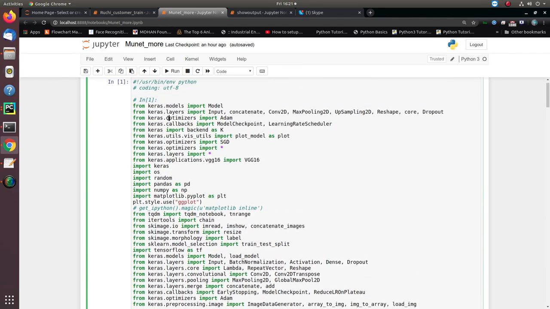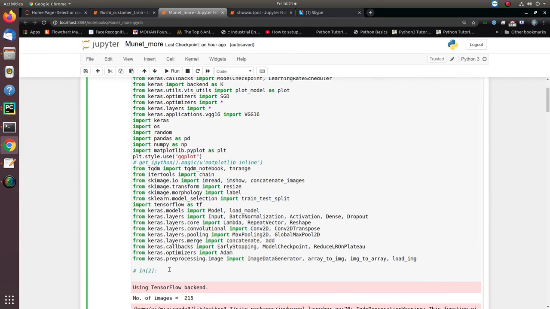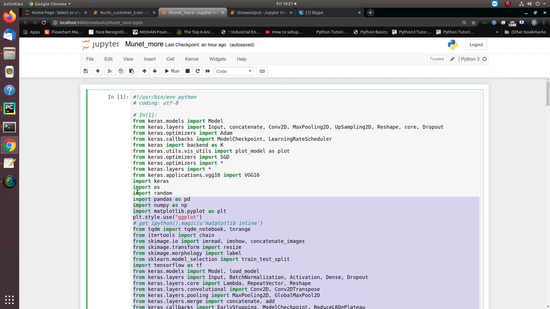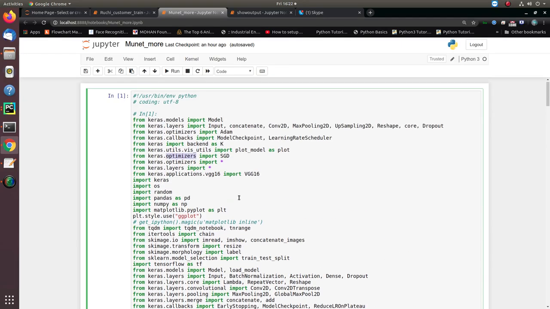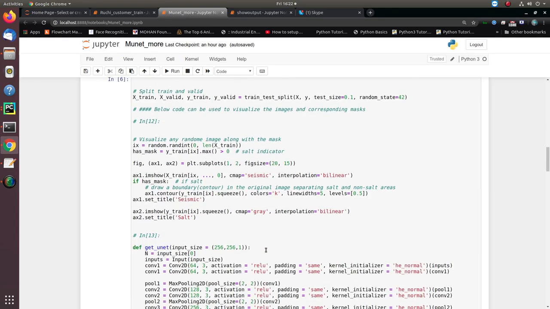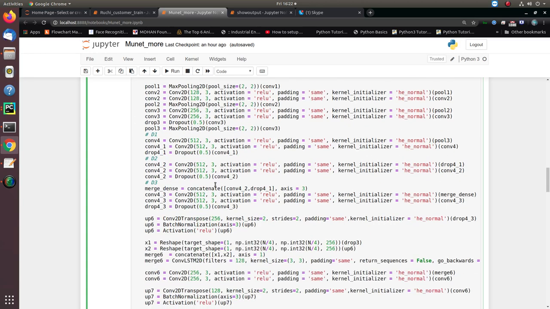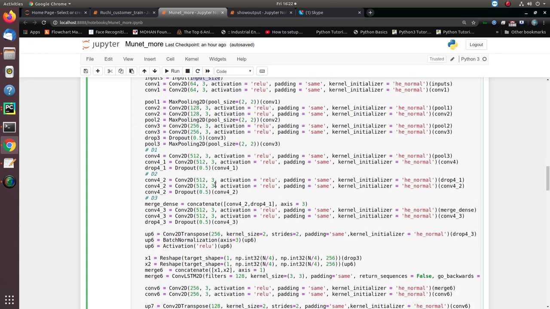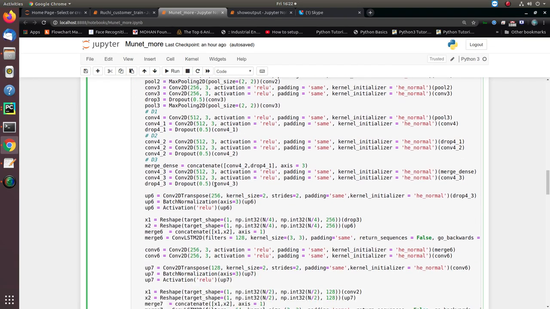So first, initially we import the basic libraries. This implementation I'm doing in Keras TensorFlow on the code side. Let me show you the model, then I'll explain it. Basically, in this model, that's how we define the input image. Every UNet model is, in layman's words, an encoder-decoder system.